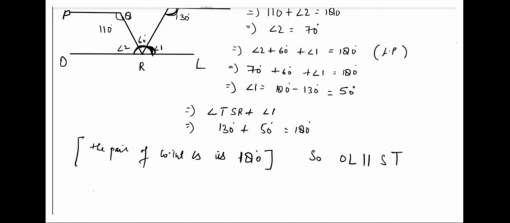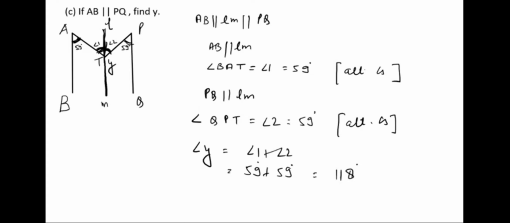This we have discussed. So angle 1 is equal to 50 degree. This implies angle TSR plus angle 1 is equal to 180 degree. It shows the pair of co-interior angles is 180 degree. Therefore, we can say that OL parallel ST. Is it clear? We have to write the reason. So, we have given. Next,